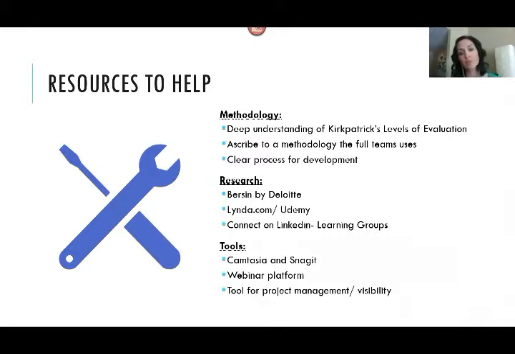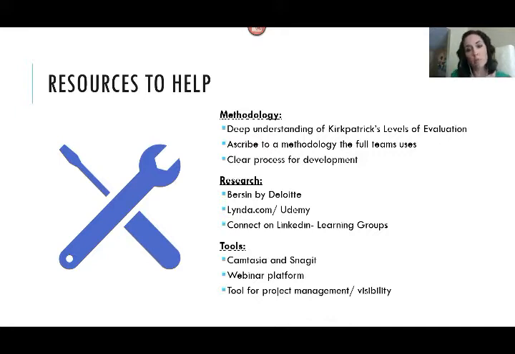And then as far as tools go, you want to kind of keep it light, but these are a couple tools that will allow you to make really cool assets without them being very expensive and without them being very technical. So if you don't have Camtasia and Snagit, get them. It's not expensive, super easy to use, and you can make really beautiful videos to put out there that your employee base or customers will be really impressed with.